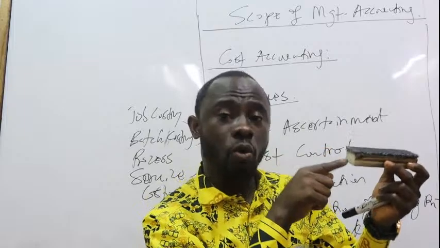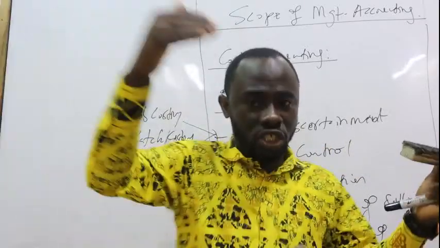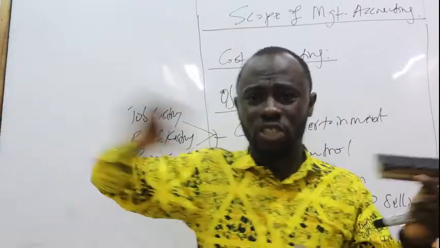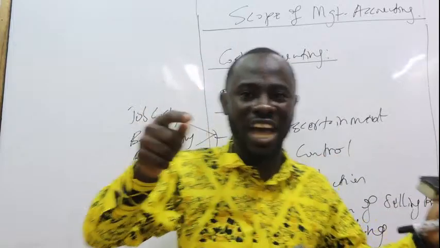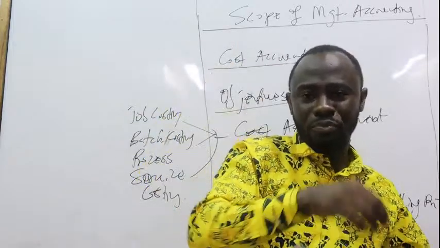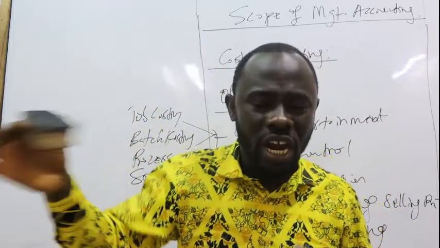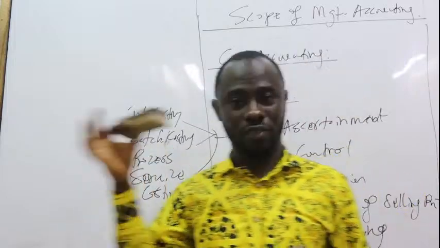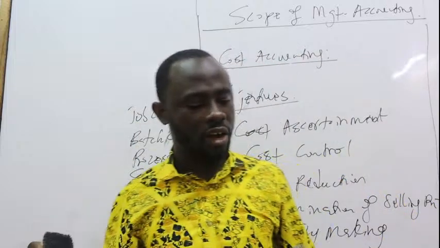Remember, the quality of the duster is not compromised. We are just buying in bulk to get discounts. That doesn't mean we're going to use different wood, less quality wood, to affect the quality of the product. So you've got to be careful that when you are doing cost reduction, whatever decision you make does not affect the quality or the intended use of the product. I hope it makes sense. So that's the difference between cost reduction and cost control.